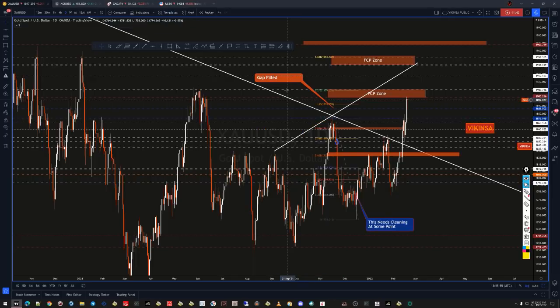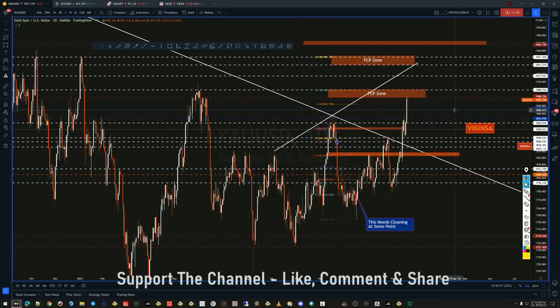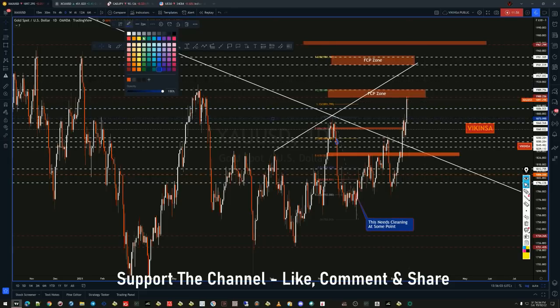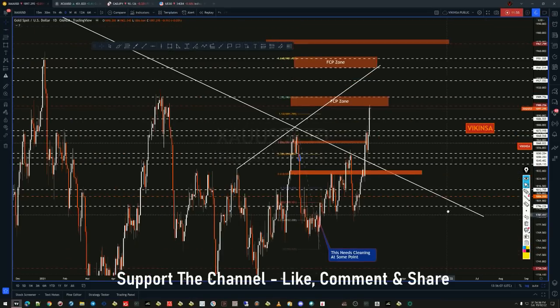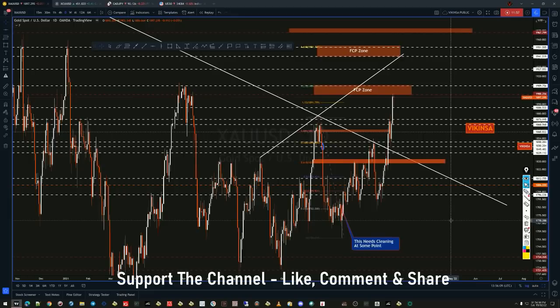So this gap has already been filled, so I'm going to remove them and convert them into lines, because now they will act as support. They can act as support now, because they were obviously targets. So these are all the levels here. Okay, and what else? Let's look into the Vata and Visage as well.